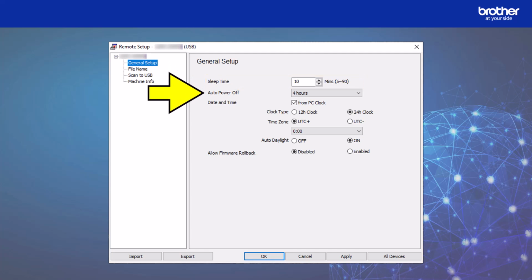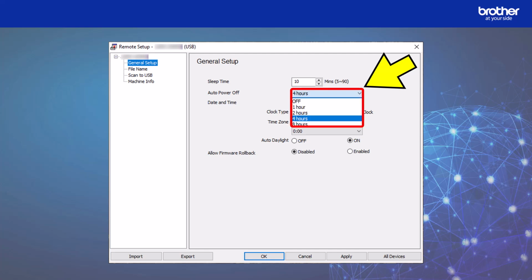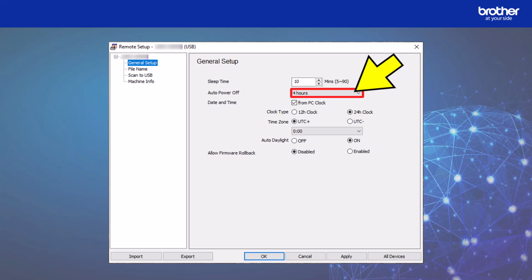Next, we have Auto Power Off. Auto Power Off can also be set to the user's preference. This is model dependent. Here we can see we have times from 1 hour to 8 hours. The device will power down after 4 hours as standard unless changed here. Now let's look at the date and time.